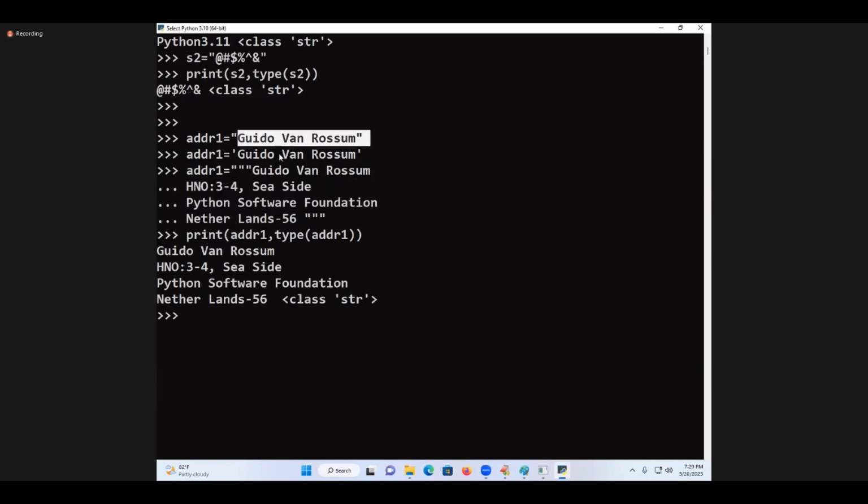The previous one is called what? Single line string data. How many types of strings are there? 2. One is single line string data, the other is multi-line string data. Single line string data is enclosed within double quotes or single quote, which cannot be used to store multiple lines. If at all you are interested,